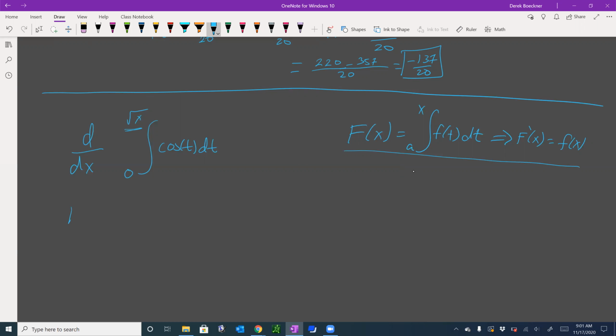So we define F of g, because I'm going to use a chain rule here. Define F of g equal to the integral from 0 to g of cosine of t dt. Then this thing here is equal to F of the square root